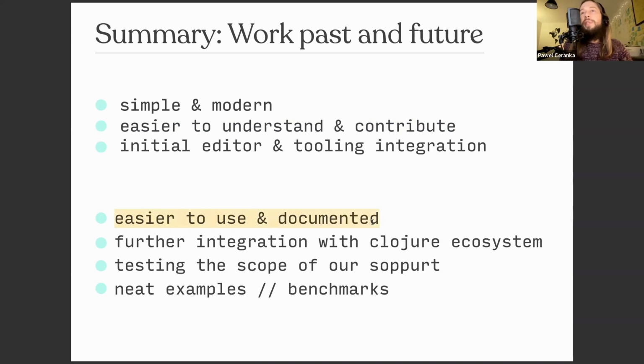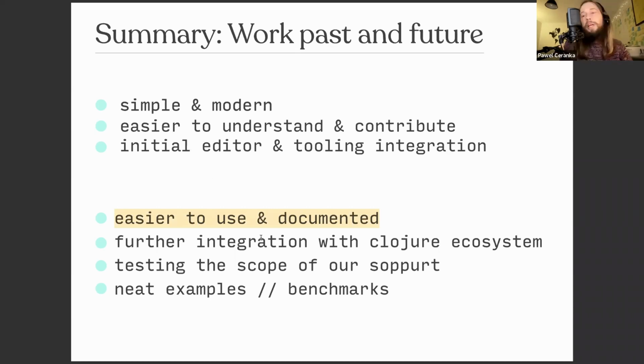So what's next? Easier to use and documented. This is very much work in progress. This week, after the preparations of the conference and the conference itself, I'll have to get back to work, work stuff. But during the weekend, next weekend, I'm planning to write up some README and make it actually usable for people, because now this code lives on a bunch of branches and all that stuff. So it's not very easy to do what I showed today, but hopefully in a week's time, it's going to be easy.